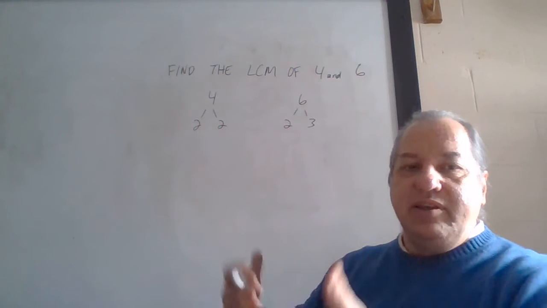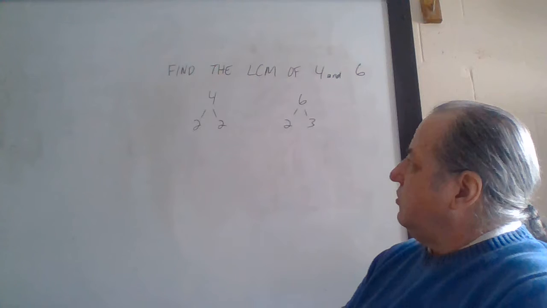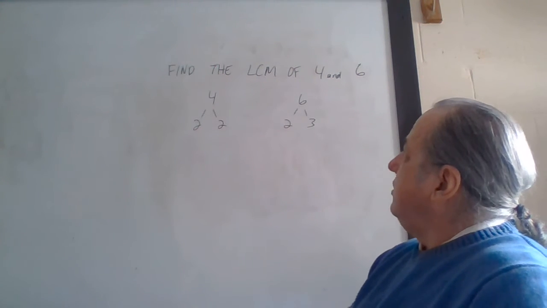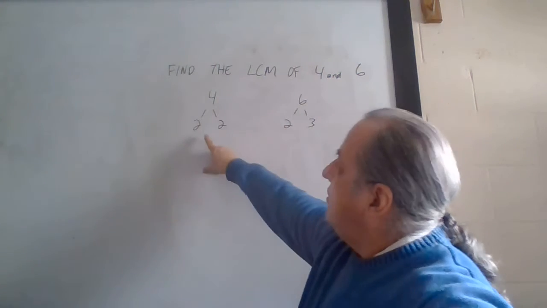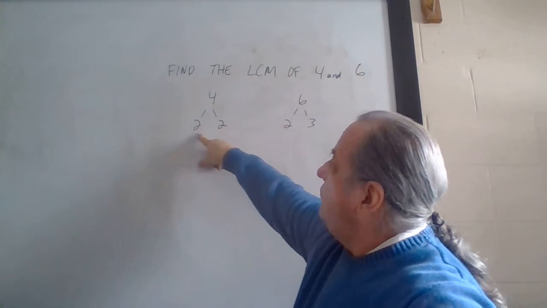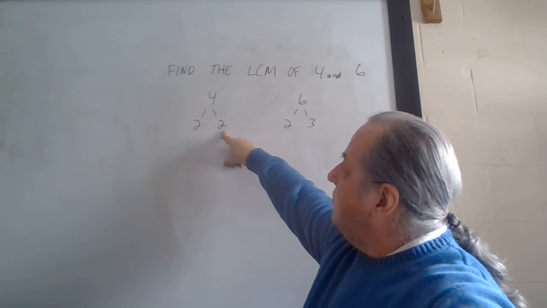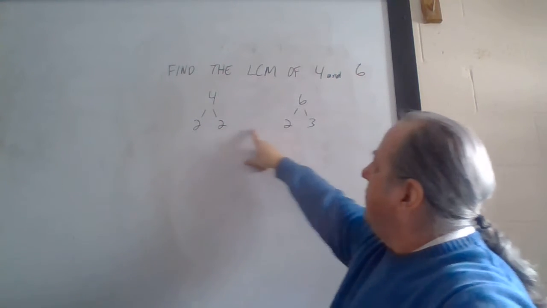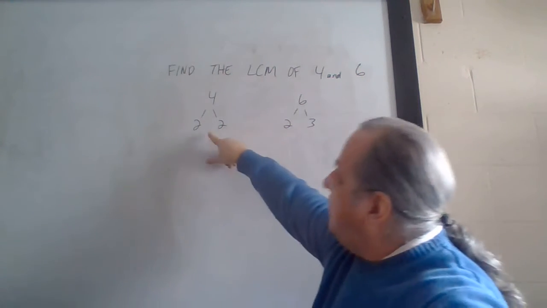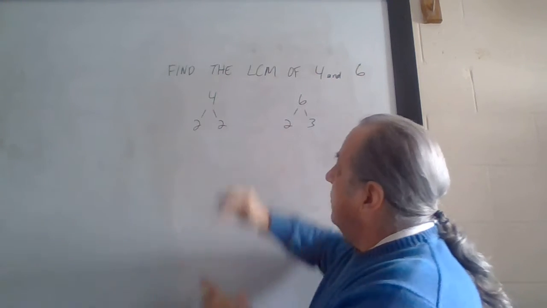Step 2 is now really the new part of what you're learning. And what we meant by circle the largest number of each prime factor in either of the factor trees is we look at each of the prime factors. There's a 2 here and another 2 here. So in other words, there are 2 2s as ends of the branches as prime factors of our factor tree for the number 4. So there are 2 2s here. There is 1 2 here. Which of these has more 2s? Yep, it's that one. So I circle